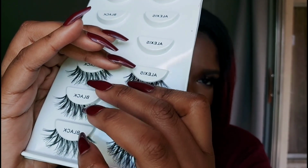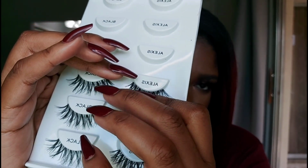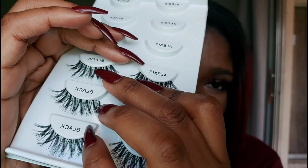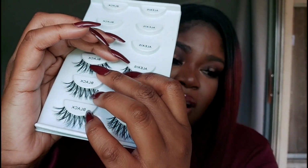This is Alexis and it has the same spacing. But this is super, look at this band. It's so thin, it doesn't feel like you have anything on your eye. Of course, the Mink lashes are going to be heavier because the hairs are fluffier, they have more layers, so they're going to feel heavier if you're someone that doesn't wear lashes. Those are going to feel heavy. I wear lashes all the time, so I barely even feel anything, so it's not a big deal,